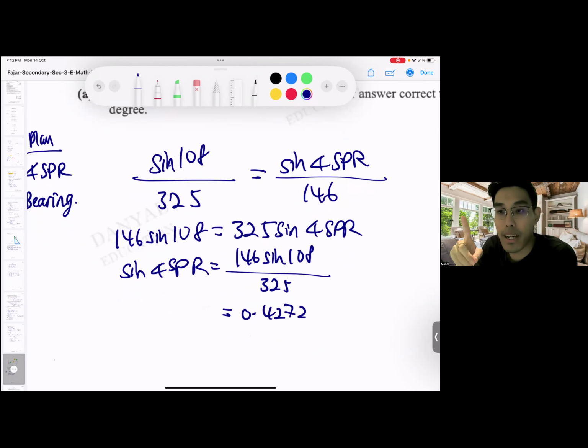Interestingly, over my years of experience, this line of working is normally marked as 1 point or 1 mark in your working. Some teachers and schools are quite strict in having this line of working as part of the full marks. I know this is only part of the working, but most schools will want to see that you have calculated a value for the sine of the angle. Then from there, go and find your SPR, even if SPR is not the final answer. So this one is a must put.